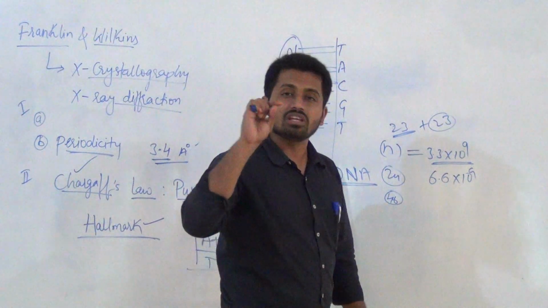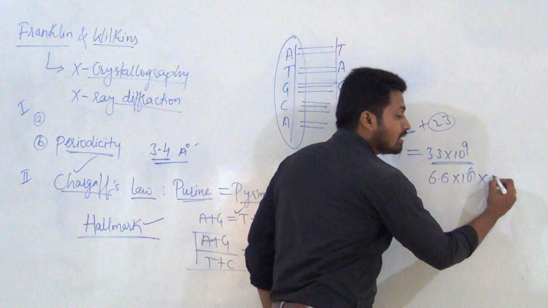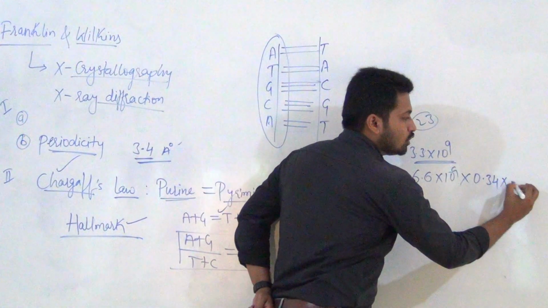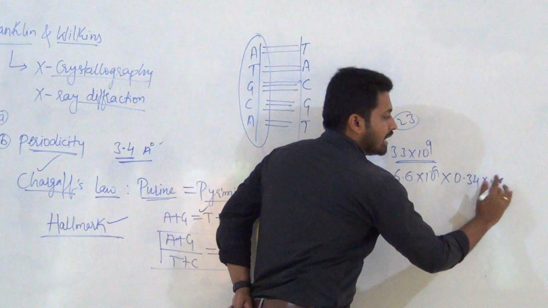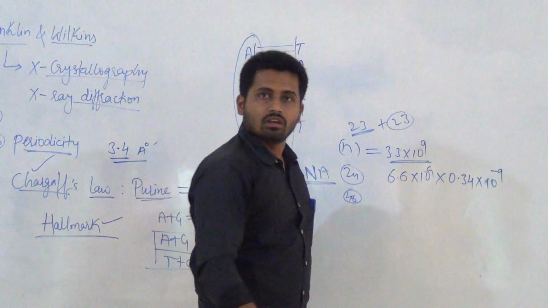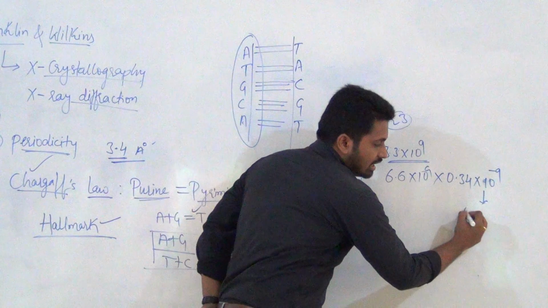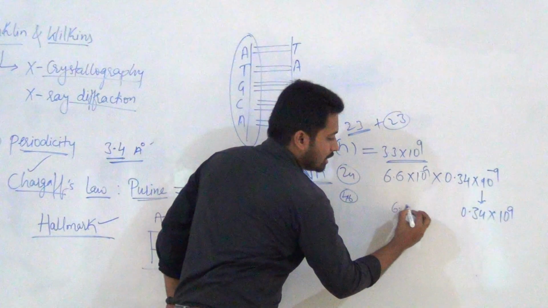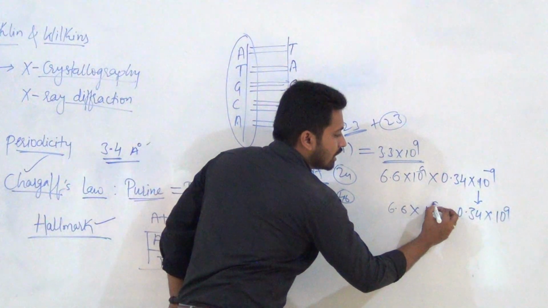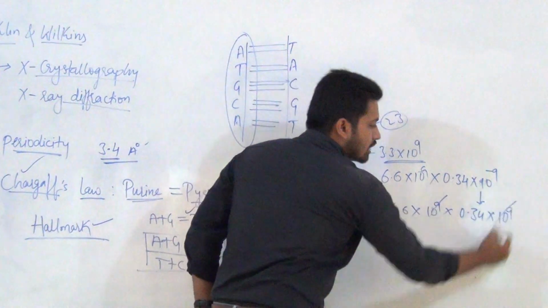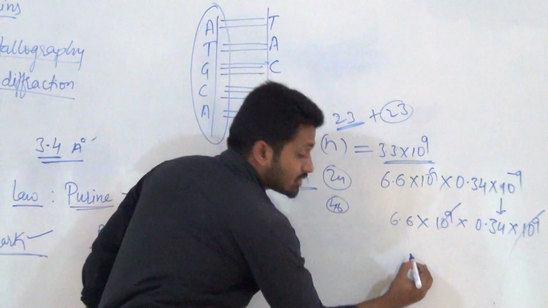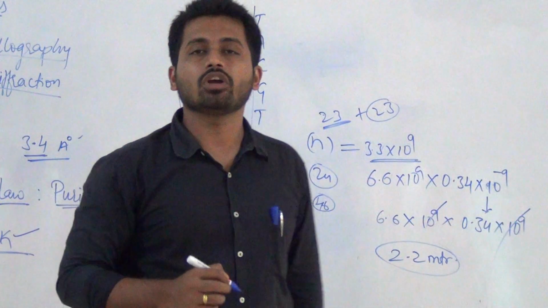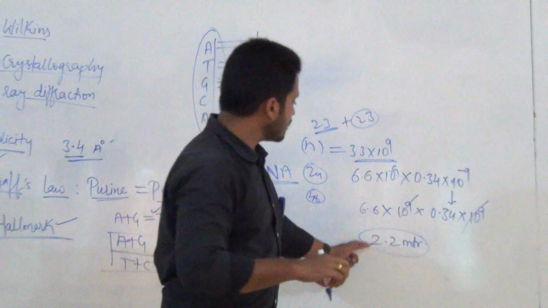Now the distance between each base pair we know already. What is that? 0.34 nm, into 10 to the power minus 9 actually. So first convert it into meter, it will be easy to calculate. Now multiply this into 10 to the power 9, that is 1. So this one goes and again this one goes. So yesterday what was the value? 2.2 meter DNA. Up to this point we discussed in the last class, there is 2.2 meter.